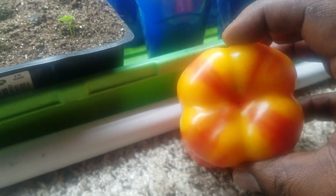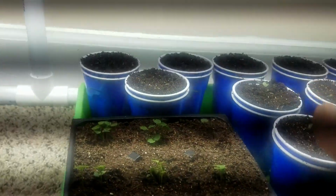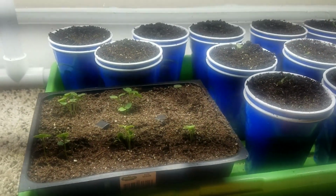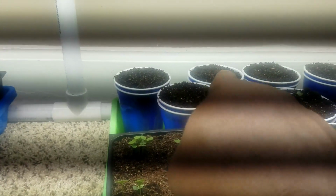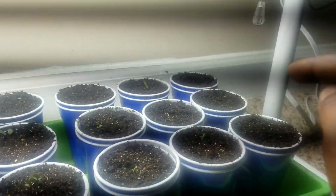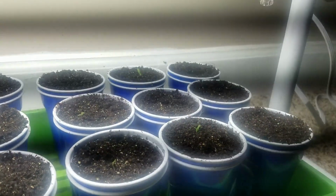And it's supposed to be a lot sweeter than the 3-bump one, which is a male pepper. So we save the seeds. If you're interested about how I save seeds, let me know, comment down below. But put them into these 3 double cup growing methods right here. And then these 3 right here are the